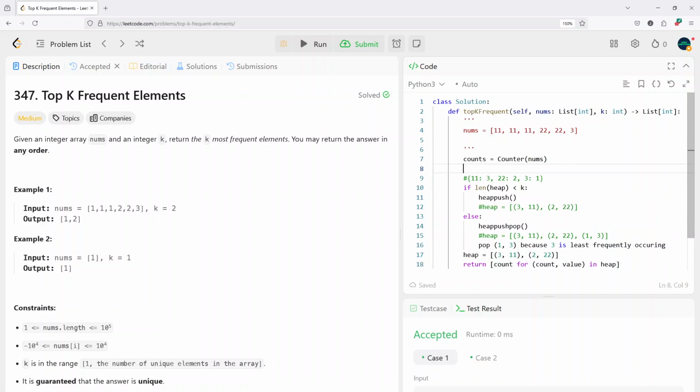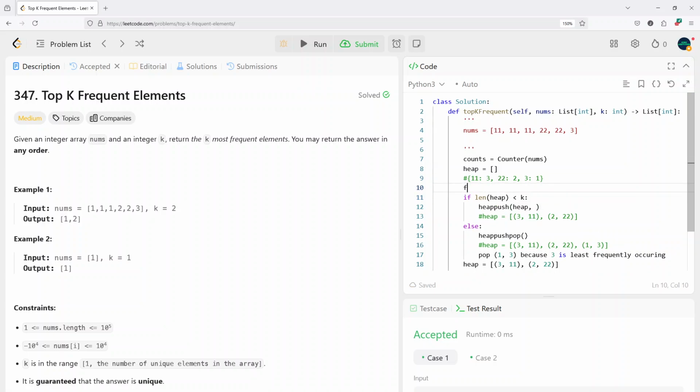So we need the heap. And then here, heap push, and so we need to iterate through the counts. So we had 11, 3, 22, 2. So for value, count in counts,